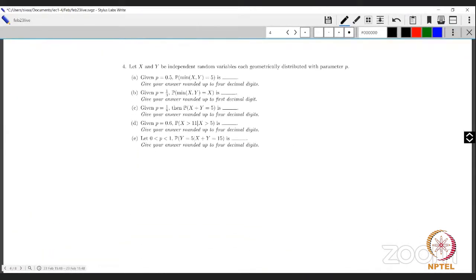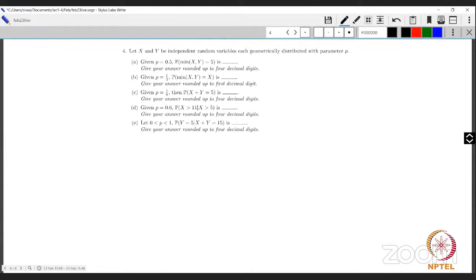So let's try this question. This is a little bit more complicated one. I ask if x and y are independent variables, both with geometric distribution, with parameter p. And I give values of p, and I ask to find the distribution of the minimum of x and y, and so on. So for A,